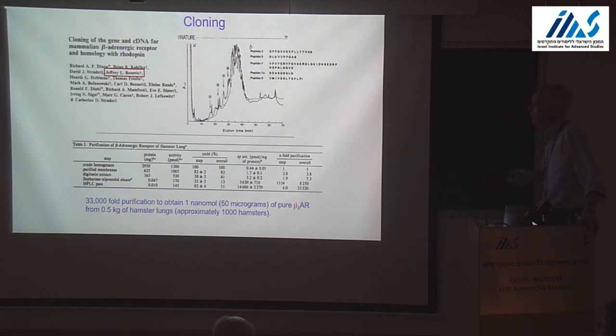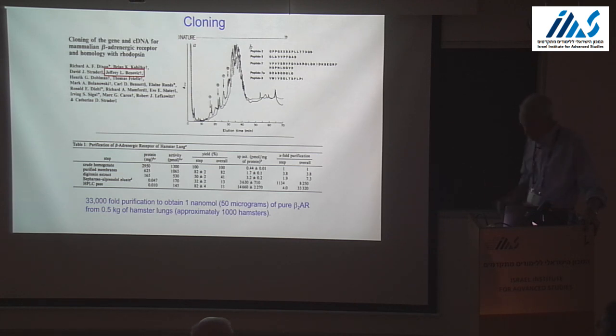And from this, it was absolutely pure protein. He chewed it up and got this profile in HPLC. And these little peaks are the peptides. And it was, I believe, this peptide that was used to make several guessmer oligonucleotides that ultimately allowed us to get the clone from not